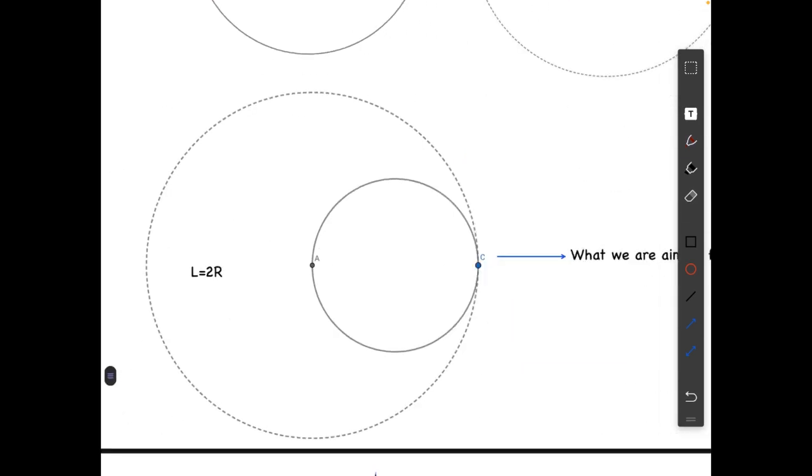Now if L equals 2r, the string will become slack at this point and the particle will start moving in a circular motion. As the thread is unwinding, it will move in a circular path and just tangentially graze the cylinder at the point diametrically opposite to A. So this is what we are aiming for. What we get is that the length L at which the tension in the string becomes 0 should equal twice the radius.